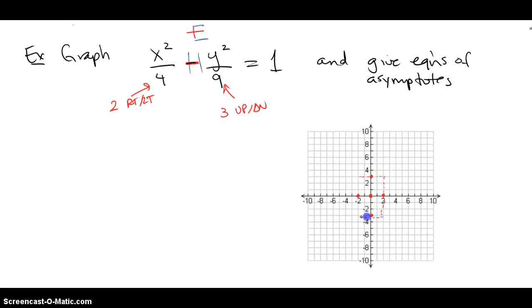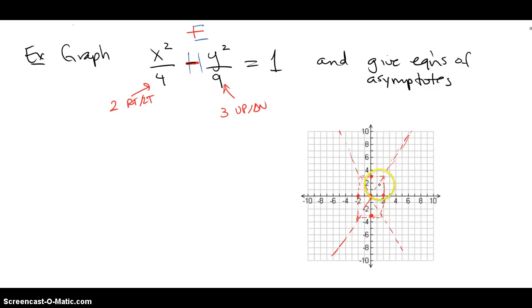So out of the 4 dots, you make a box. That's not part of the hyperbola, but it helps you in graphing it. After you make the box, you make a diagonal through the edges and the center of the box. On MyMathLab, you probably won't see any of this. You'll just see the final graph to pick, but this is how you develop the graph. So through the rectangular box, you make a diagonal,